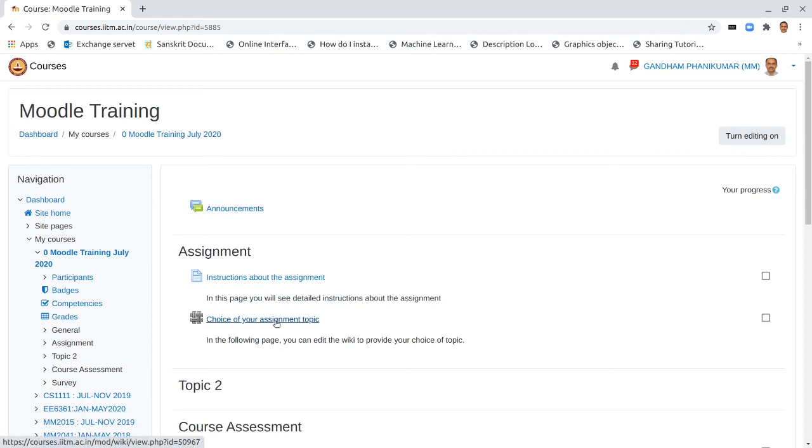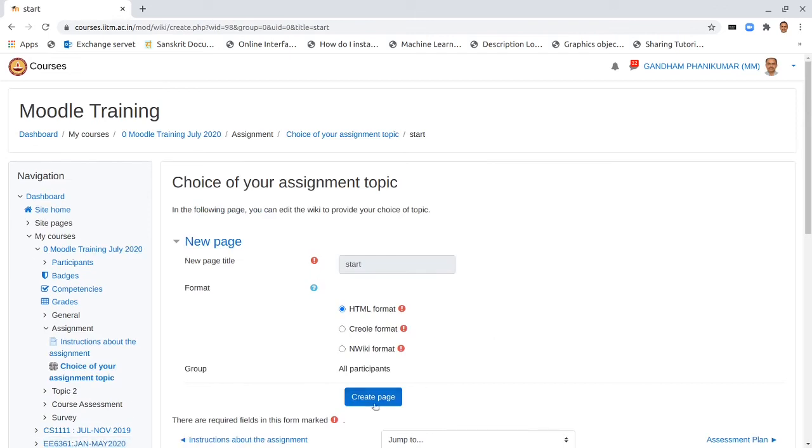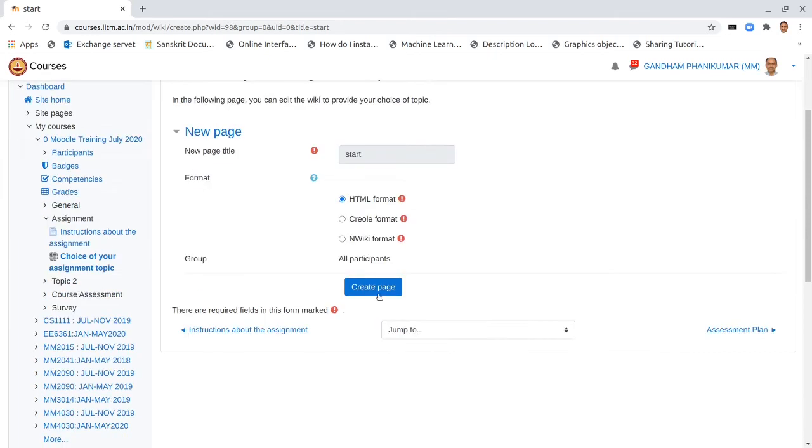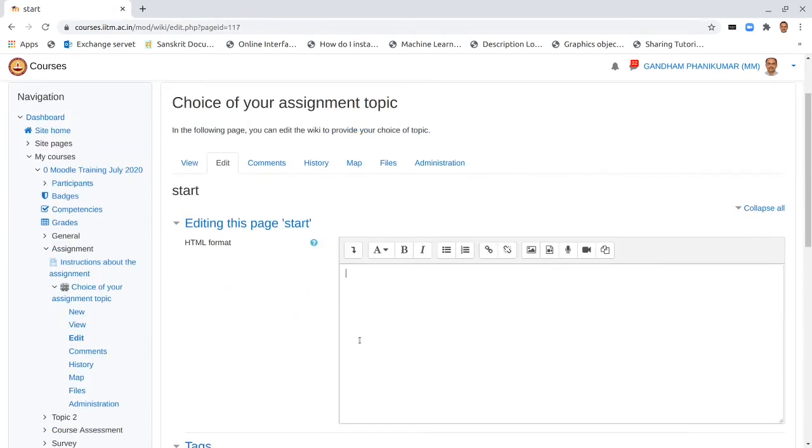within the wiki also. So click on that, and you need to create the page because it's not yet open. Once you create, it will be available for the students to edit. We will test that out also in a moment. So let us create that page, and the wiki is nothing but a running text. So here we say please give your name, roll number, and the topic of your assignment.